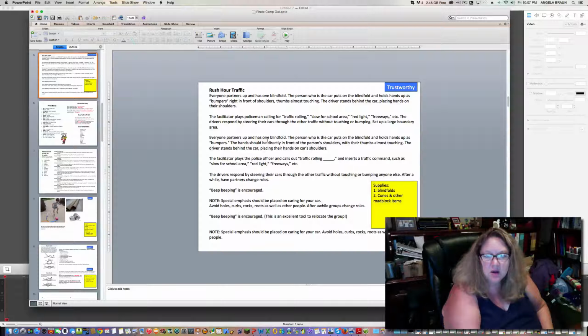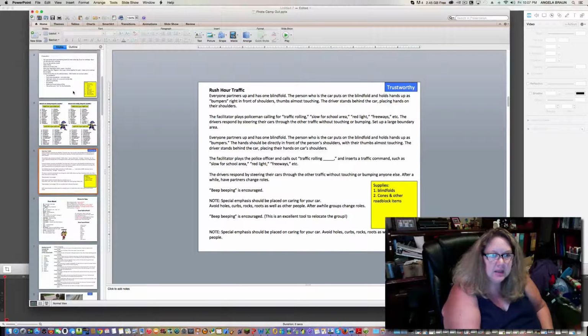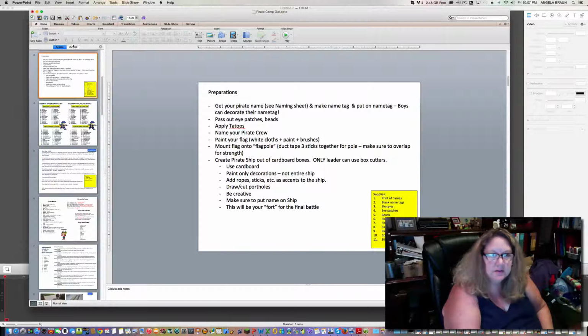So the ones that are blindfolded have to drive around on the freeways without running into other cars, and they have to trust the person that's driving them. And then we'll switch, and the others can become the driver. So this is a chance to prove that scouts really are trustworthy in the rush hour traffic game. Okay, next we have